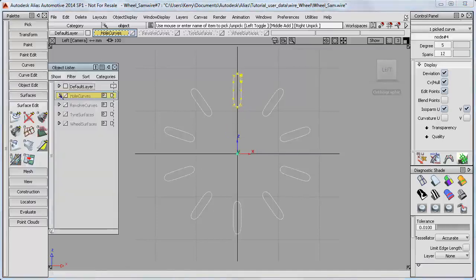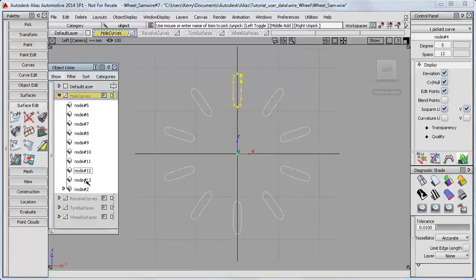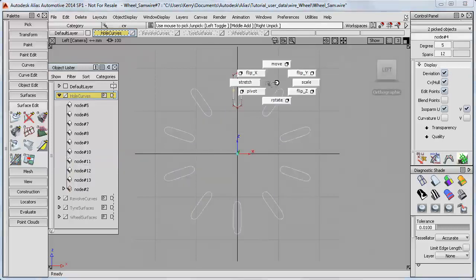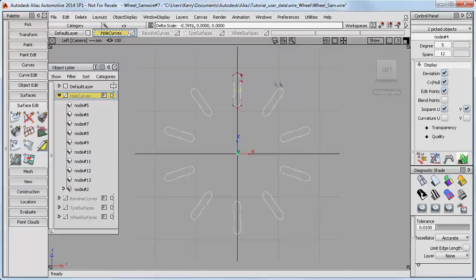So what are instances? Well, if I look in the object lister, you can see that they're shown as white cubes, whereas the original is a normal orange cube, and that they're connected. Also, they don't have their own CVs, and that's because they're all driven by the first shape. So if I pick CVs and modify them, then they'll all update, which is the point of using instances. So it can be a radial pattern like this one, or a linear pattern, depending on the settings I put